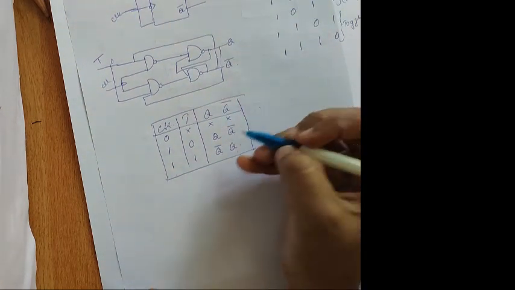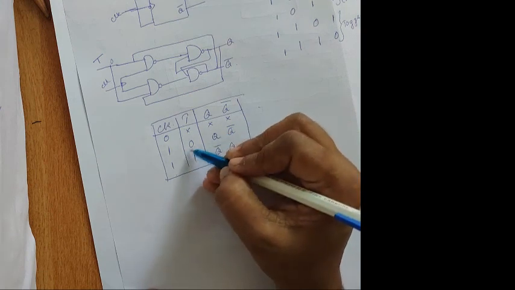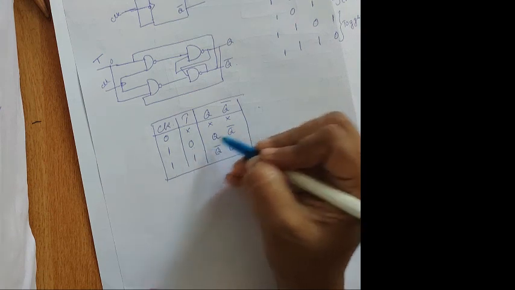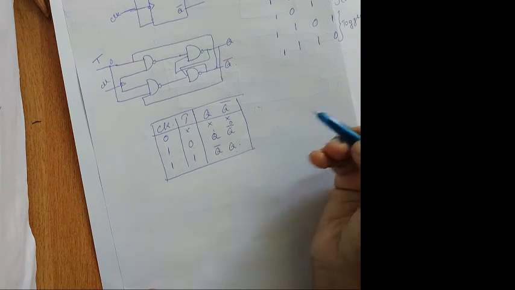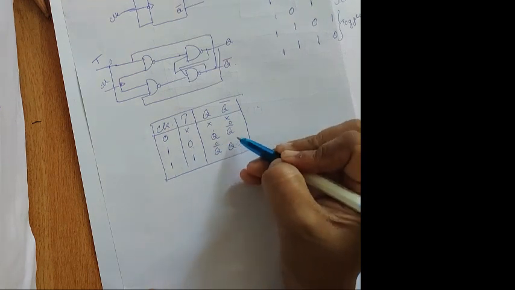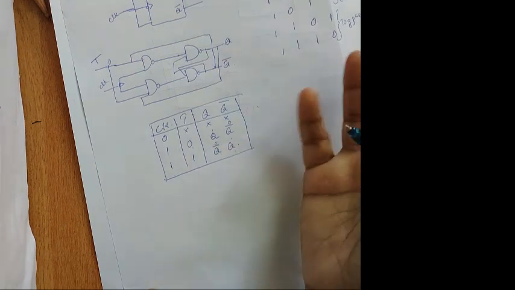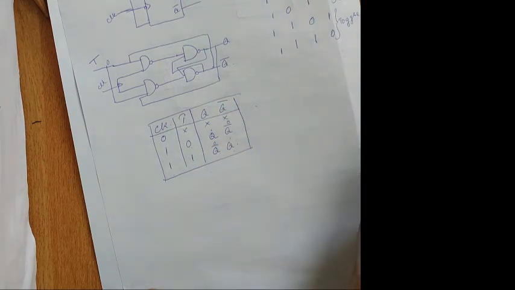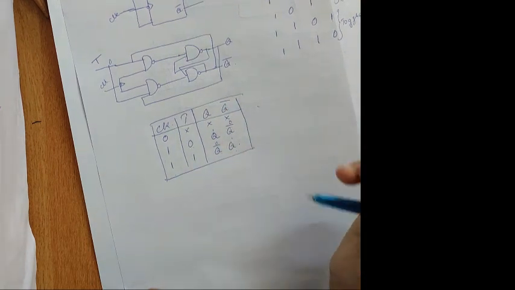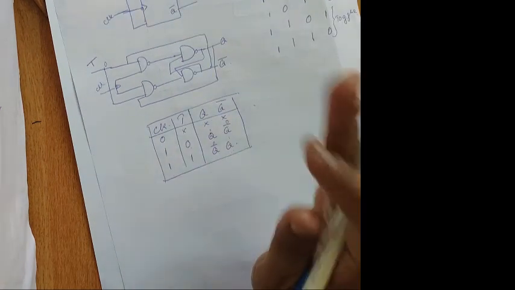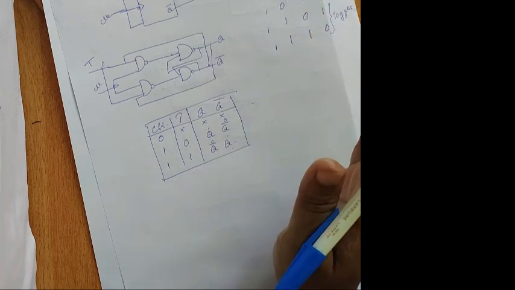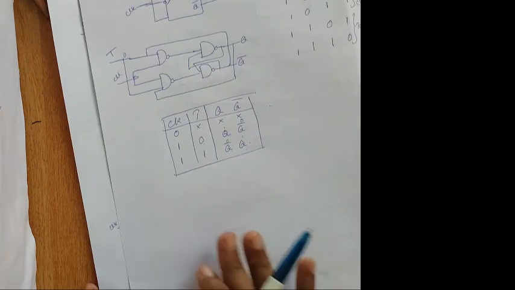You can give either, if I am giving 0, T is equal to 0, and you are getting 1 0 over here. So what happens? This will be 0 1. In the 1 condition, if you are giving 1, it should be 0 1. Okay? If you are having any doubt, just clear it. You can ask me and just clear it. Okay? Thank you.